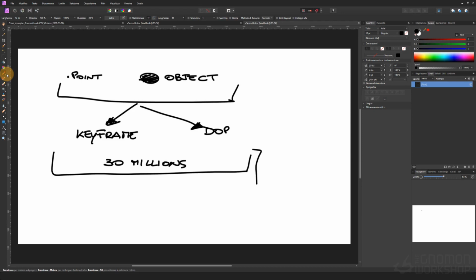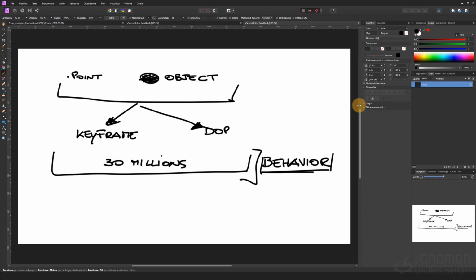The really important thing is that we can control the behavior of our mesh inside the POP, because we have a lot of nodes to control how the particles are behaving and how we would like to see the particles